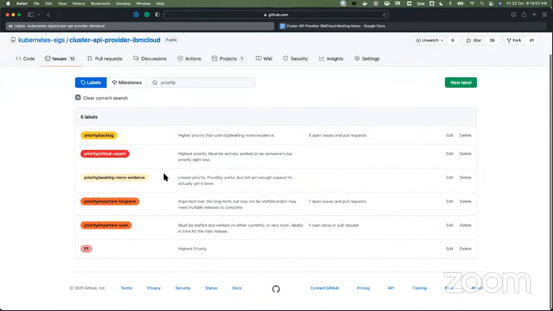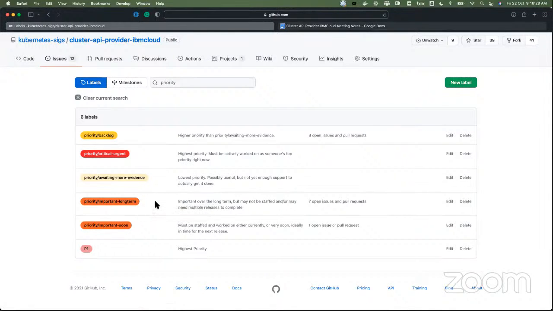If I understand it correctly, the way the priority works is that critical-urgent means it is really critical; without it, it's going to be troublesome for the project. So that's something we need to fix right away. And then long-term is something